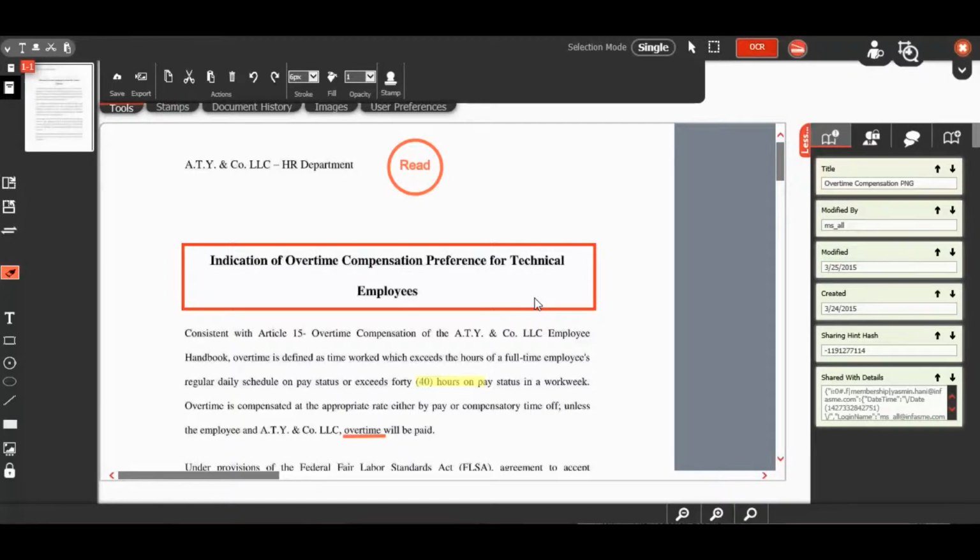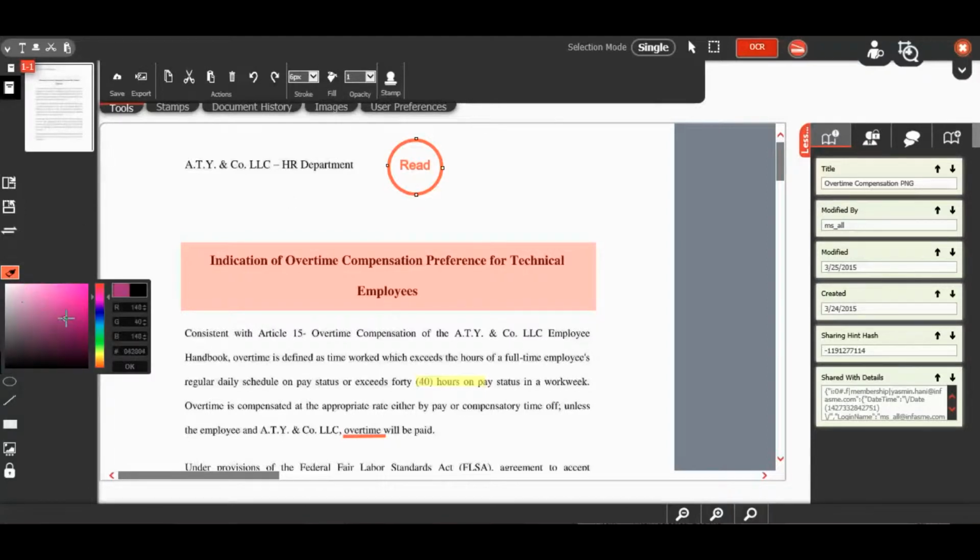First of all, if you go to the Tools tab, which is up here on the top ribbon, you will be able to change the thickness of the annotations, their opacity, and you will be able to fill them. In addition, to change the color, go to the color picker over here.